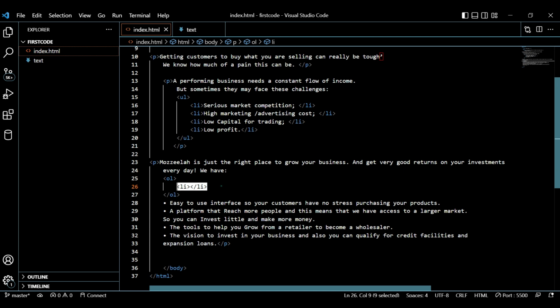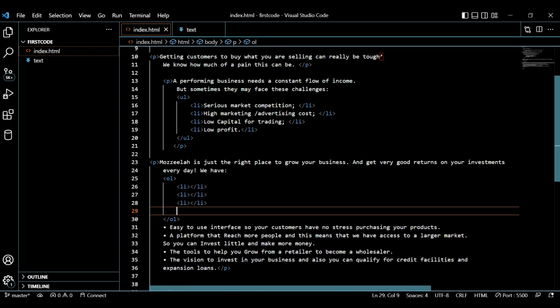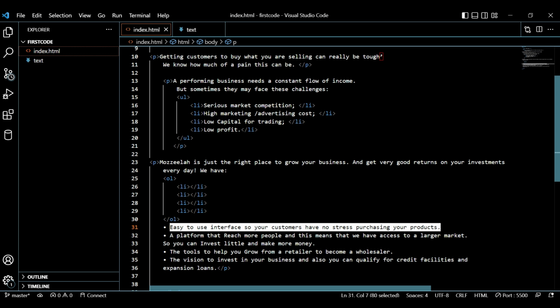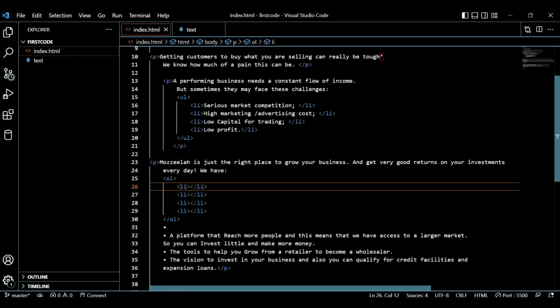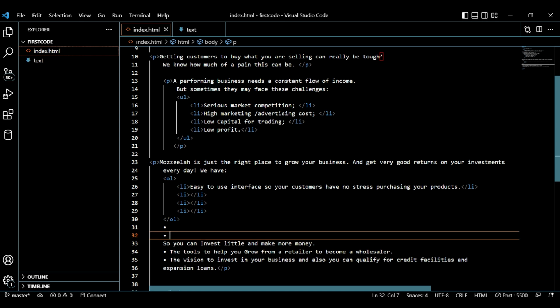Okay, so let's duplicate there. We can cut this, we don't need it here any longer. So this introduces us to the difference between the unordered list, the UL, and the